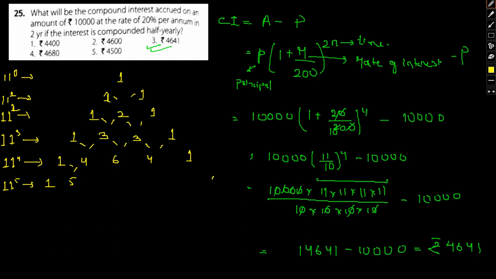Okay, we'll start off with this end. So 4 plus 1 is 5, 6 plus 4 is 10, so we will carry 1, 6 plus 4 is 1, and this is 6. Okay, so this is how we can continue calculating the same. Similarly, 11 to the power 6 would be 1, 7, 7, 1, 5, 6, 1, and so on.